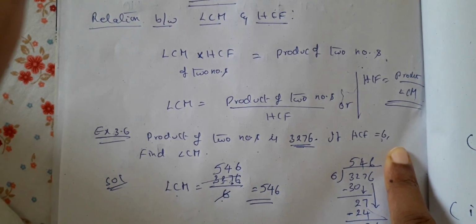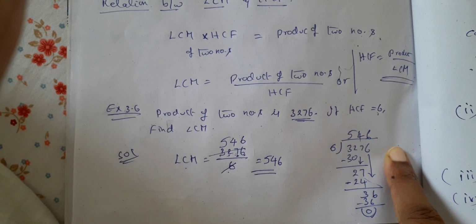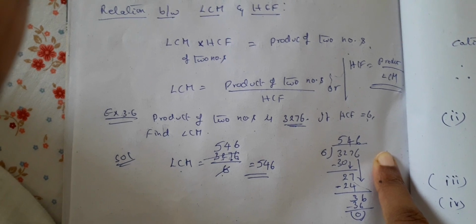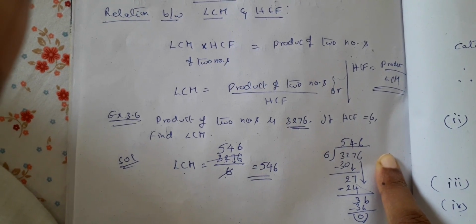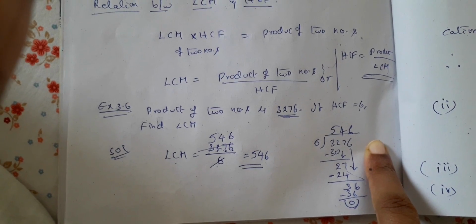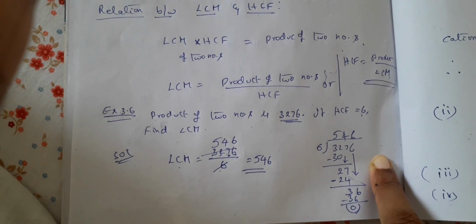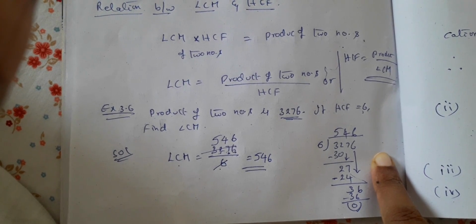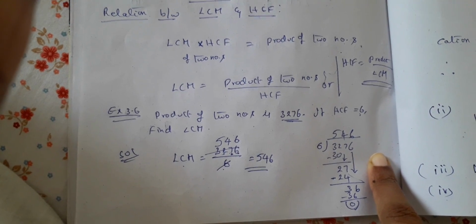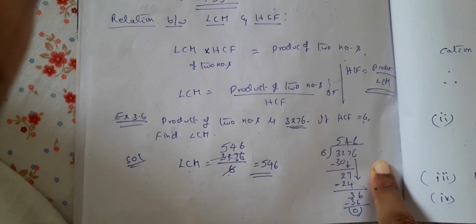Copy the problem. The relation between LCM and HCF is the concept you have already learnt in class 5. We have seen how to find LCM and HCF formulae as well as a problem from exercise 3.6. Okay. So with this we can stop today's class. And children, now your job is to do exercise 3.5 as well as exercise 3.6. Very small exercises there. You can finish them quickly and post me your answers.